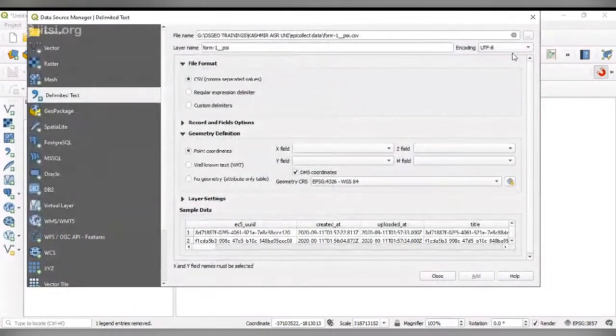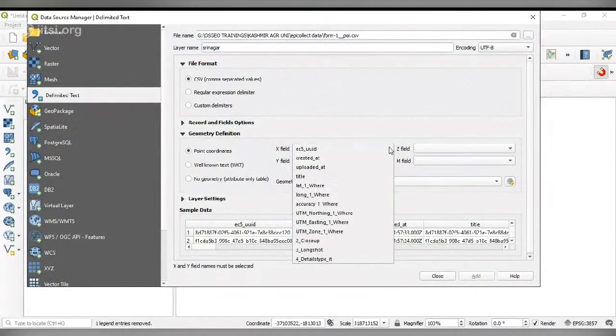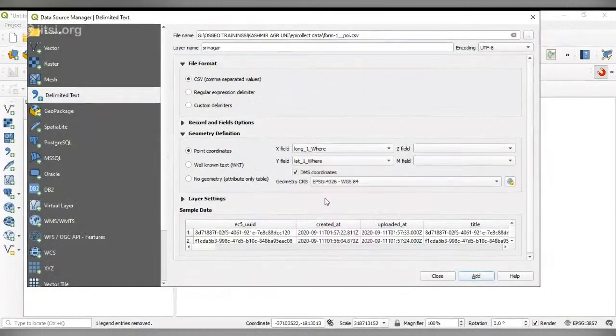You have to give the layer name only. Layer name. Longitude, latitude.